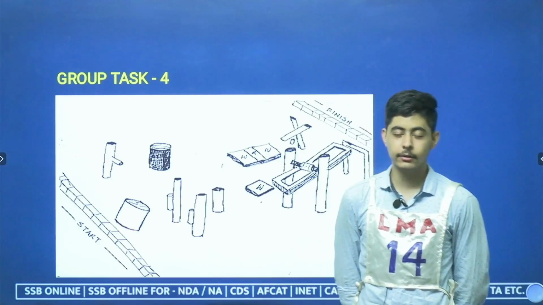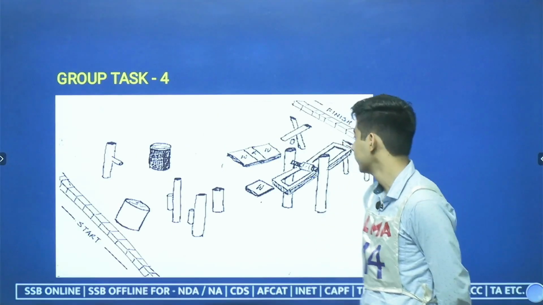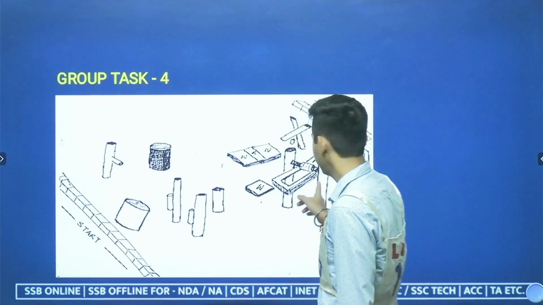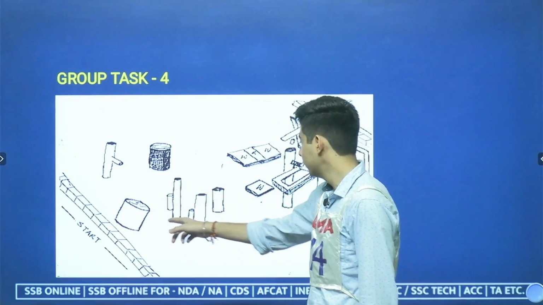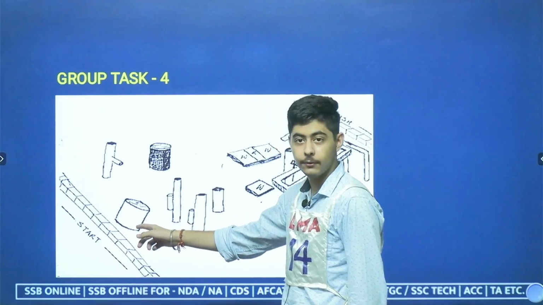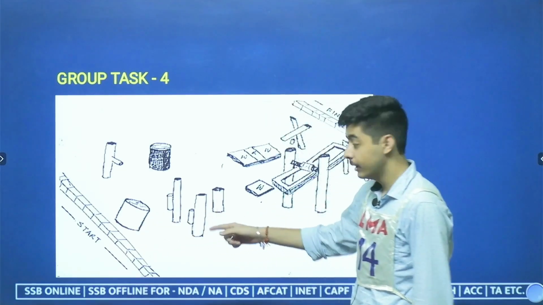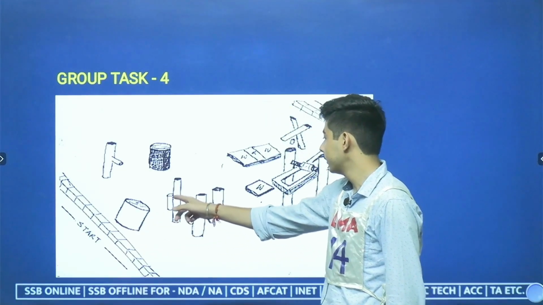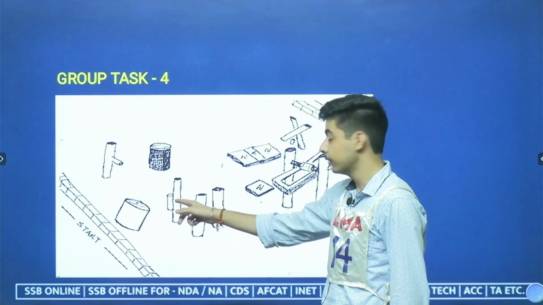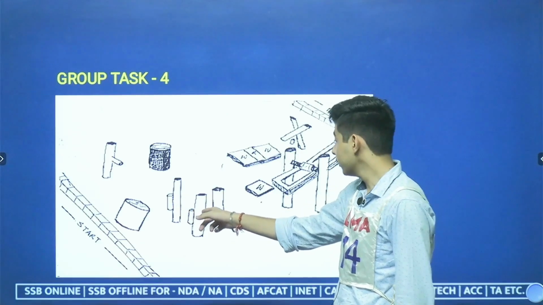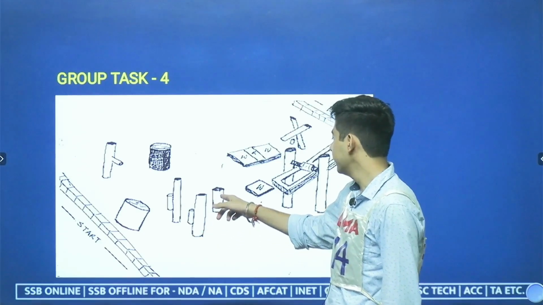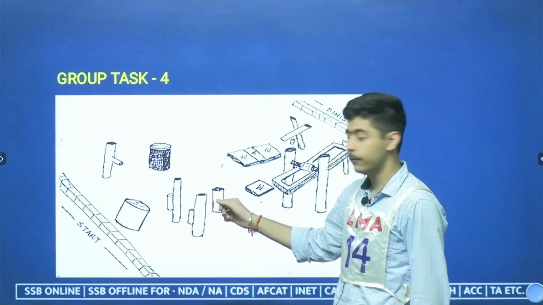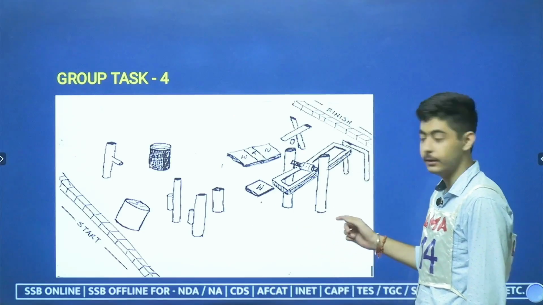Okay, so now let's continue with our group task 4. Here we can see that there are two routes. First we'll go for this one. As we can see, a drum type of structure is kept here. Then we can see two poles with some external outcomes so that a plank could be fixed. These are small hints about what should be done. Then again we can see a pole so that again a bridge can be formed. So let's see about this in detail.